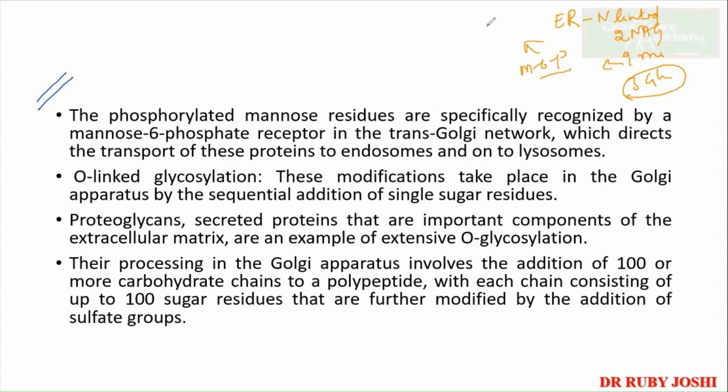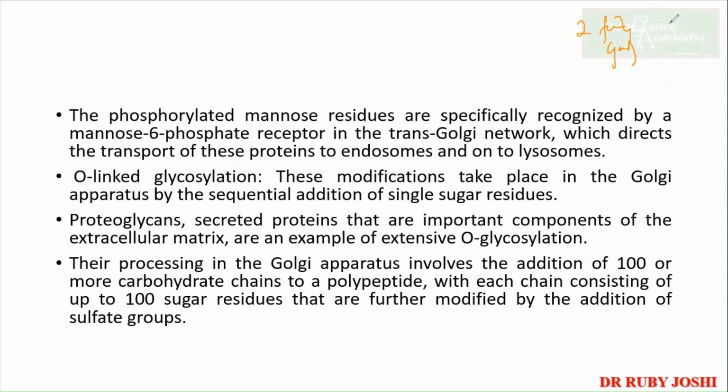This is one example. Another example where we have discussed where the NAGs were added, fucose was added, galactose was added. That is just to explain that different modification is happening in the different compartments of the Golgi. That is another function of your Golgi. Now, the third function of your Golgi is the O-linked glycosylation. Now, where this is important, it is important for the formation of your proteoglycans.